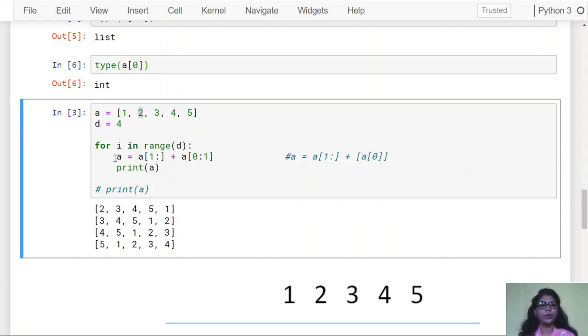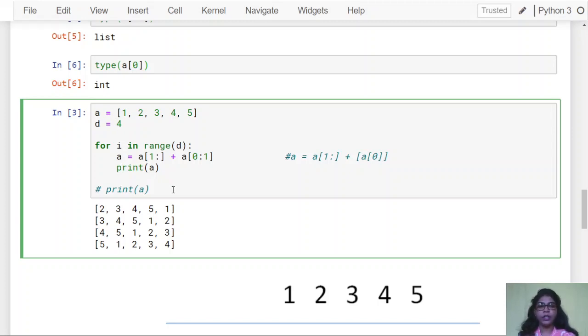Then again the same procedure will happen. So for rotation 2 this array is the result, for rotation 3 this array will be the result, and for rotation 4, which we have given as the input, you will get a resultant array. So here you can print, or you can comment this out. So I am printing a here, so that I can show you that for each and every step, one rotation, one left position shift, is happening. So here we will get our program, and this will work fine.